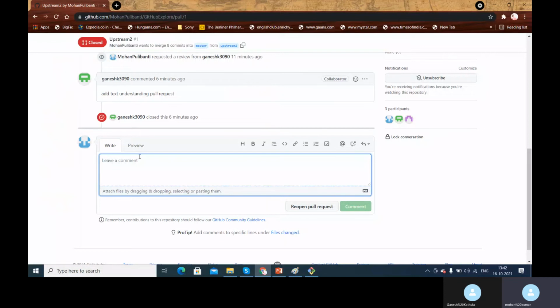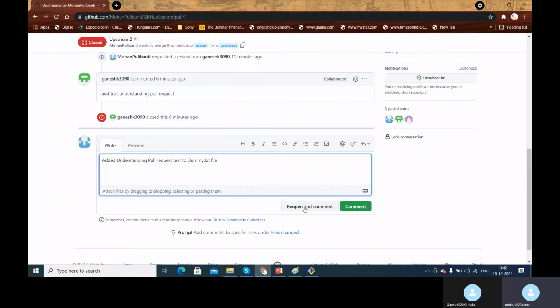So he closed the pull request, right? Now what I can do is leave a comment over here saying added pull request text to dummy.txt file.